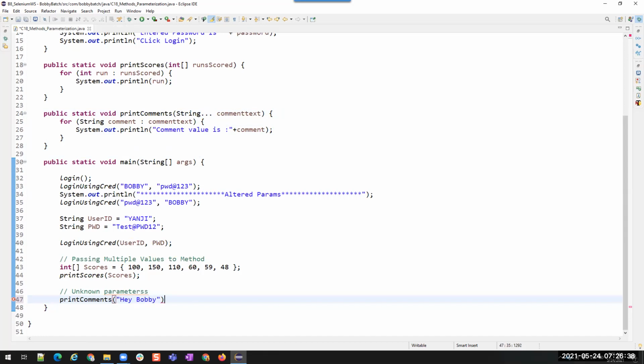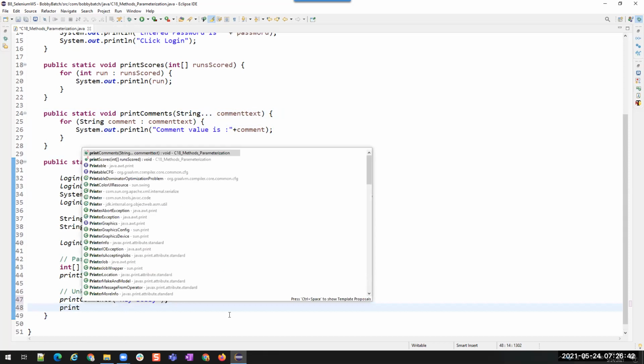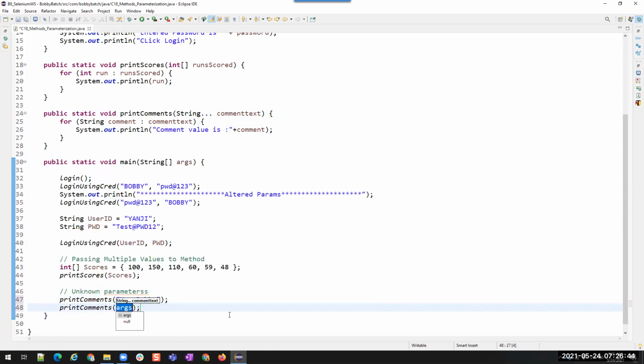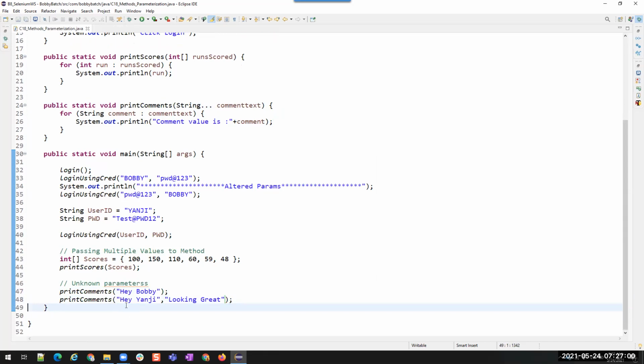See, I'm going to call the same method with two parameters. Is it throwing any error?